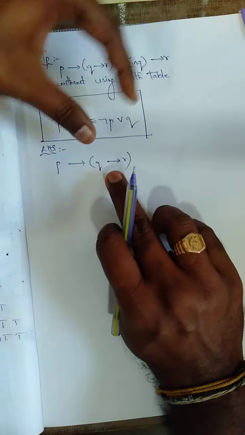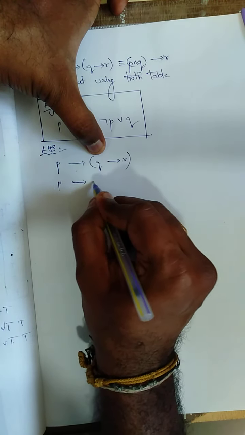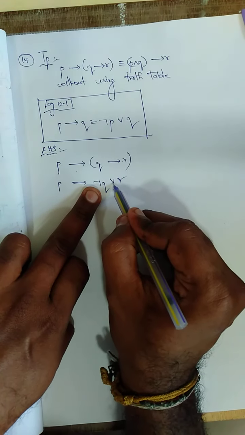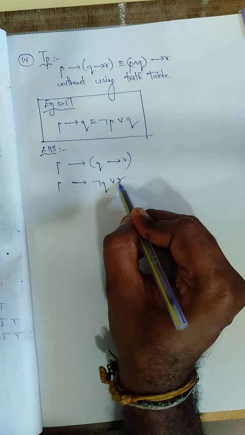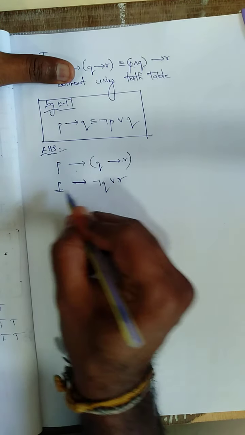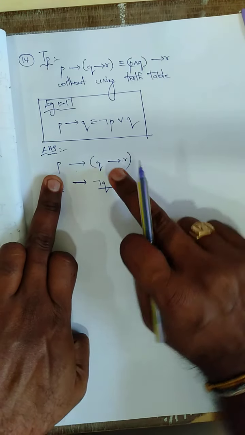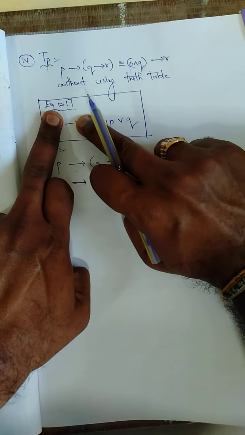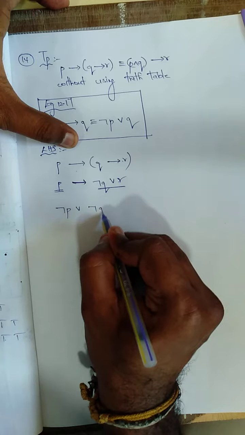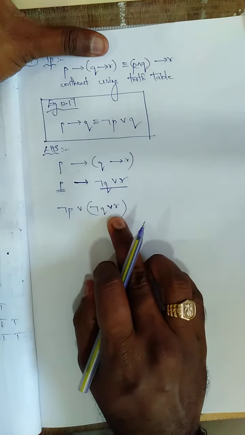First, I want to use Q conditional R only. P, write as it is. Q conditional R: first, negation of Q or R. This OR, this is R, alphabet R. After this, this is one term, this is one term. In the middle we have conditional, one term and one term. So first I write negation of P, or, negation of Q or R. Now this uses the formulas.